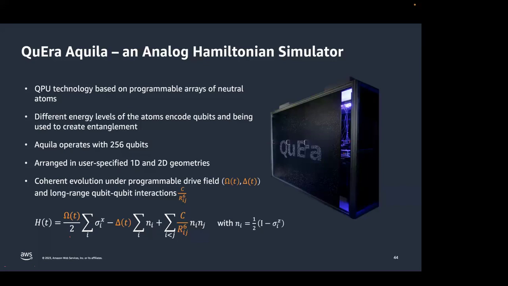Yeah, okay. So the take-home point here is that there are certain classes of problems for which the mapping to these kinds of devices is much more efficient. These devices are very niche devices. Analog Hamiltonian simulation devices are not universal. They are good for certain classes of problems, but when they are good, they are better than other devices. If that makes sense.